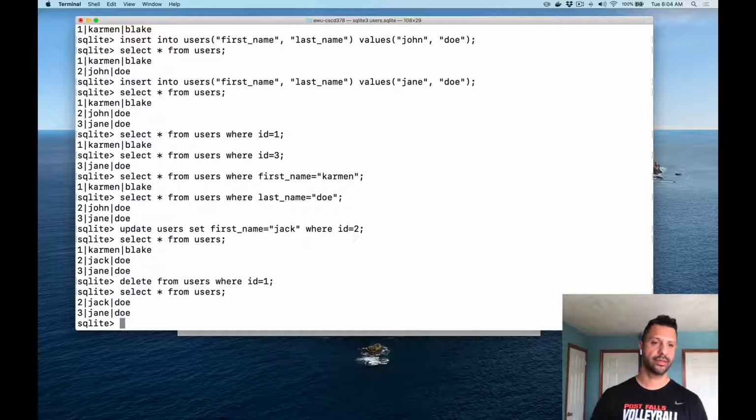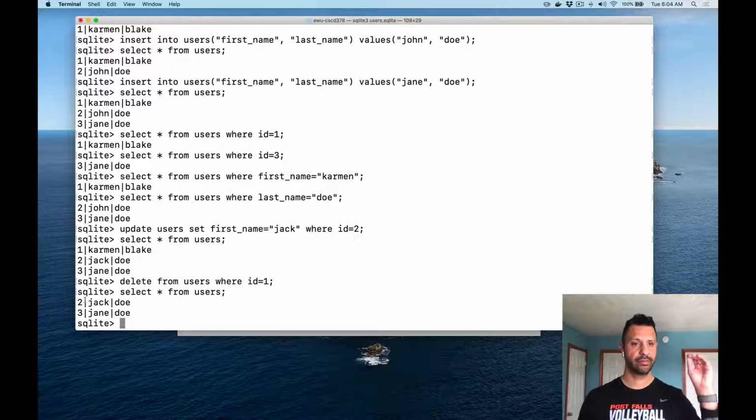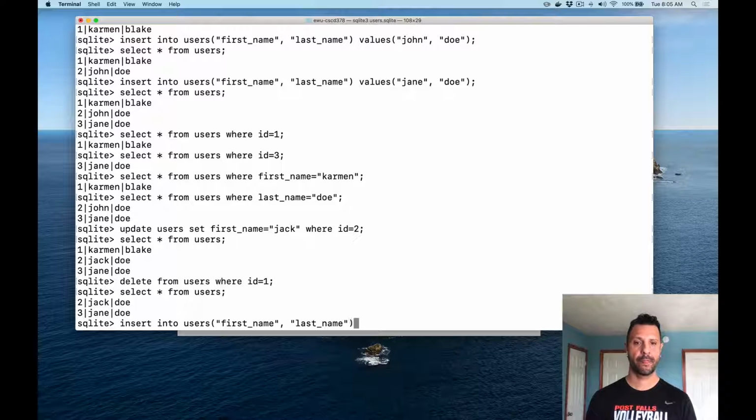So I'll delete my record, do a select all from users. And one thing to note here, it deleted the whole first record, my ID, everything, the whole thing. And when I do another insert into users, and I need someone else's name, Sue here. So if I insert a new record,